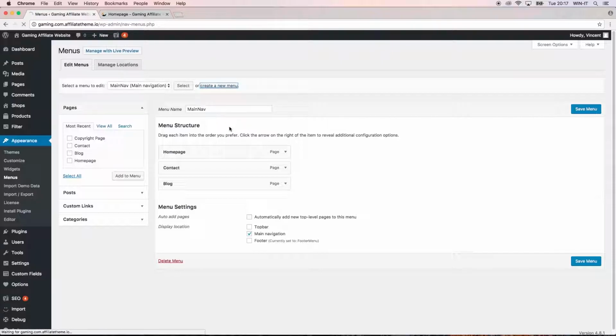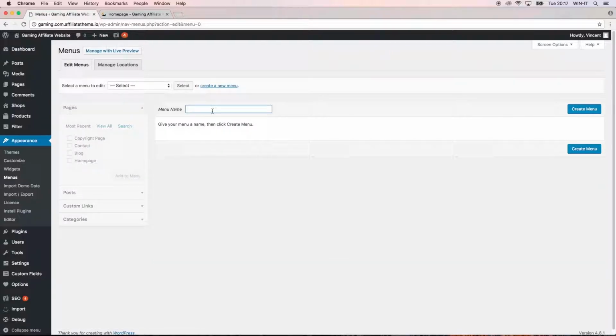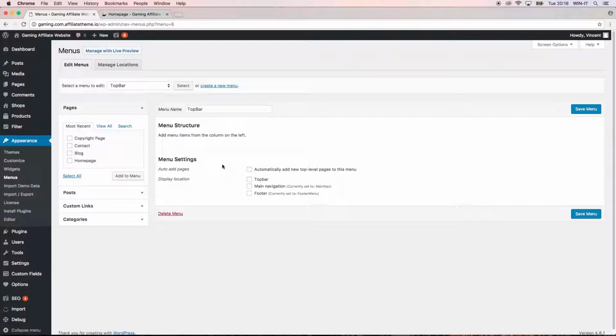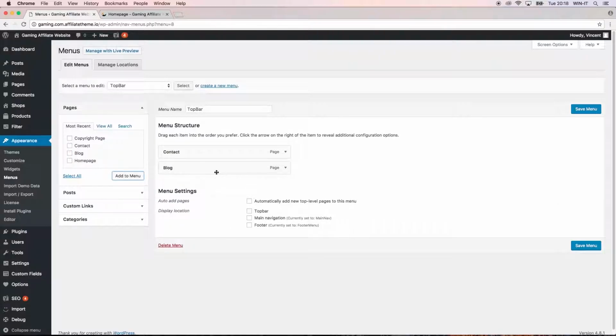We're going to create a new menu, call it Top Bar, click Create Menu, and now we're going to insert the contact and the block. We have it both inserted. Please don't forget to define the display location, of course, in that case the top bar. So let's click Save Menu